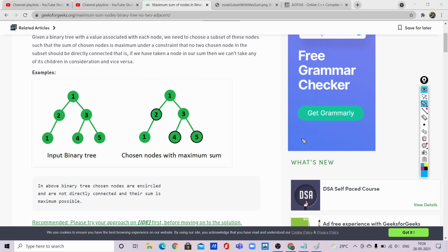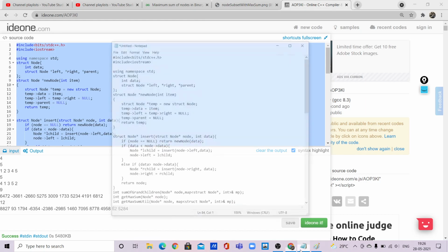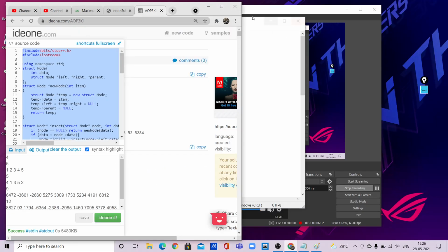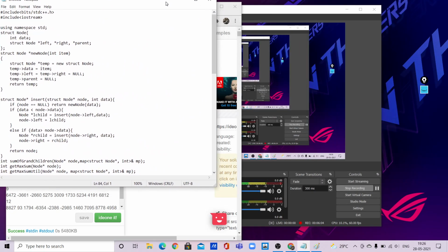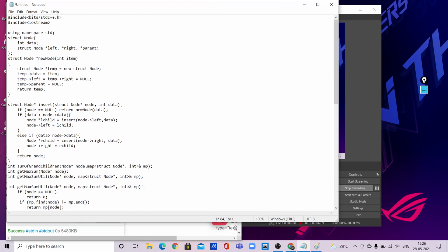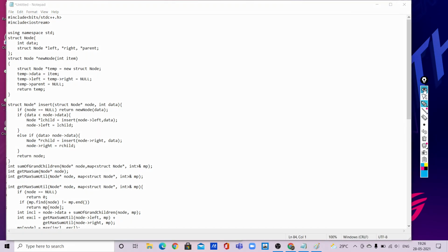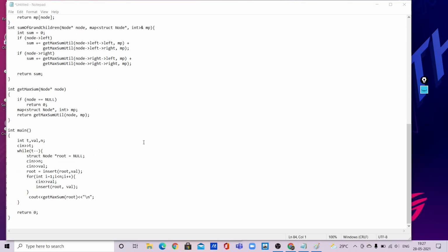Let us go into the solution. The solution is quite big to look at, but it is very easy to understand. Let us go into the solution. I will be explaining from the main itself, so it will be more clear. So first, our inputs will be in this form.